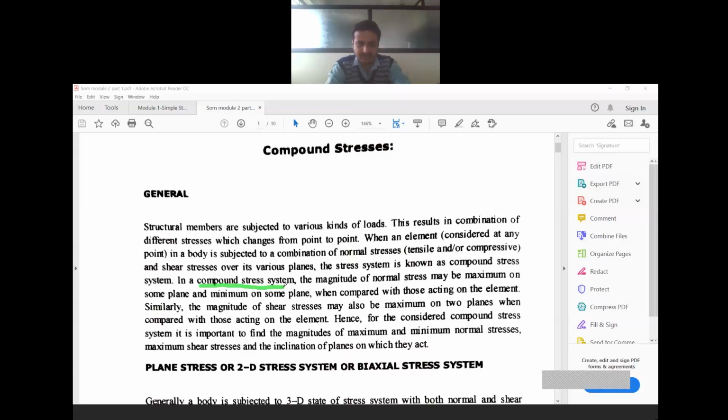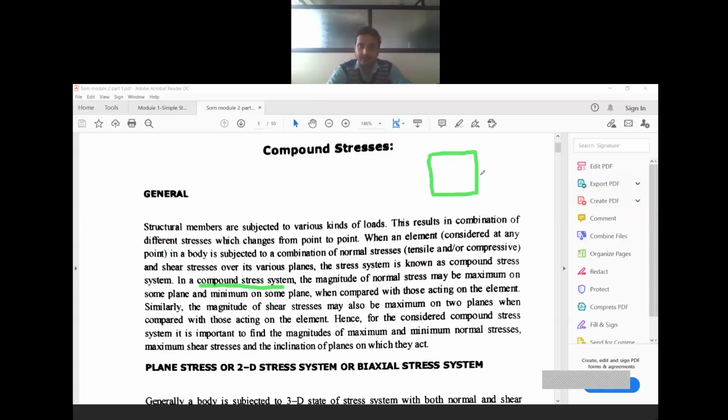First, we shall understand what those simple stresses are, and what their directions are. Then it will be easier for you to understand the compound stresses. Say I will consider a plane, a square portion, one single plane. If this is a cube, this is one plane, so I'm considering only one face of the cube.